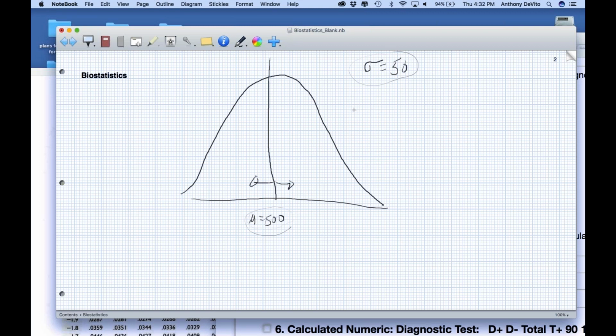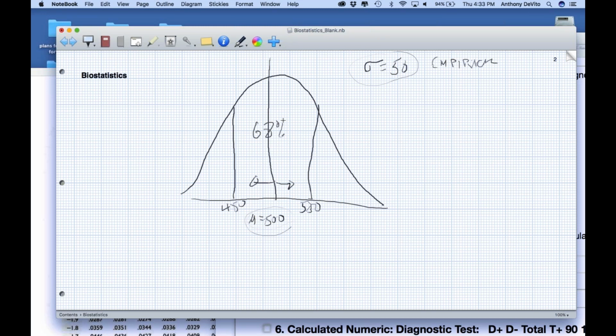Okay, so that tells me how this distribution is spread out using the empirical rule, which is just an estimate of how the distribution is arranged. If I go one standard deviation below the mean, which would be a value of 450, and one standard deviation above the mean, which would be a value of 550, that's 68% of the area of this distribution, which also represents the percentage of this population, which also represents the probability that if I randomly pick one person, I would pick somebody between those two numbers,